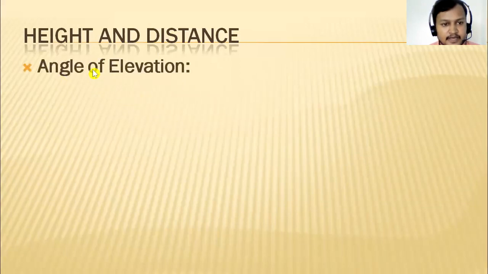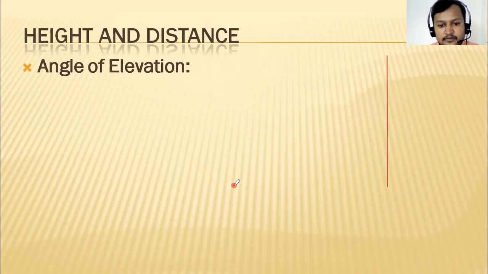If we are talking about angle of elevation, think that we are looking at the point from bottom to top. तलबाट हामी माथितिर हेर्दै छौं भन्ने बुझ्नु पर्यो. फर एक्जाम्पल, देयर इज अ बिल्डिङ. यहाँनिर एउटा बिल्डिङ छ, हामी यहाँनिर उभिया छौं. We are here. Assume that we are here. Are you observing the dot?